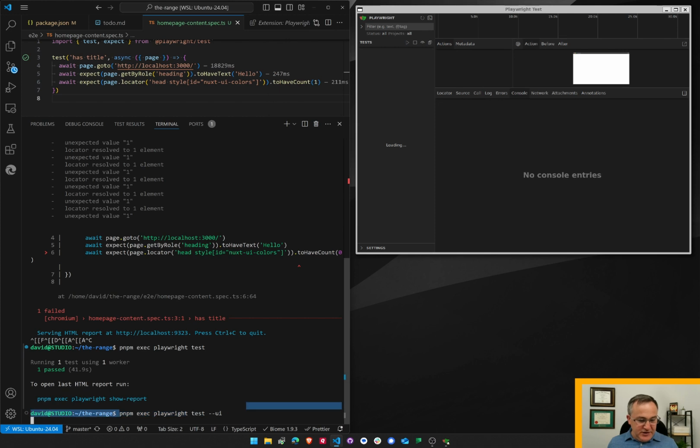But notice all it has done is run Playwright, open the UI, and it's loading. There, it found the tests, and now I can run the test. In this UI, I have some options to watch the files. This actually doesn't work as smoothly as I hoped, but let me just run all the tests with that little